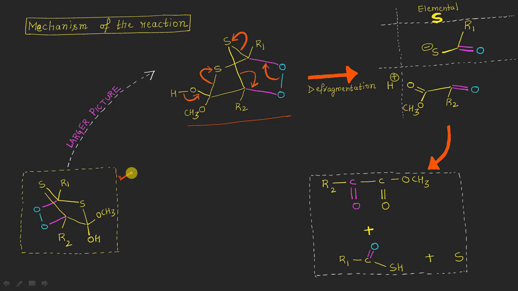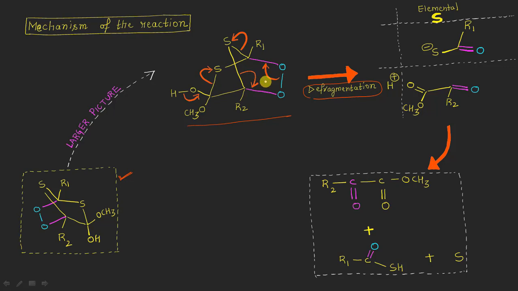So now, what is going to happen is that in this cyclic product, the next step is some sort of fragmentation, right? Fragmentation means it will be broken into various fragments, and you can see from these arrows which I have shown in red how the fragmentation will take place. Okay, so the first thing is that